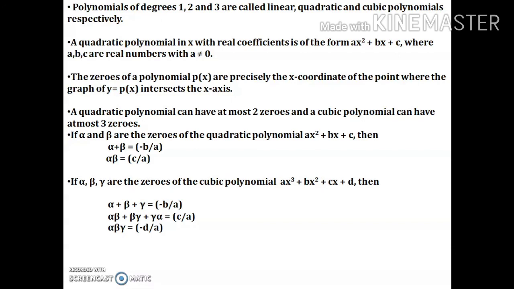Next, you have the relation between the zeros. Alpha plus beta is equal to minus b by a. This is very important when you solve the case study based